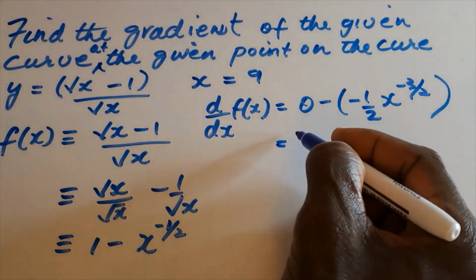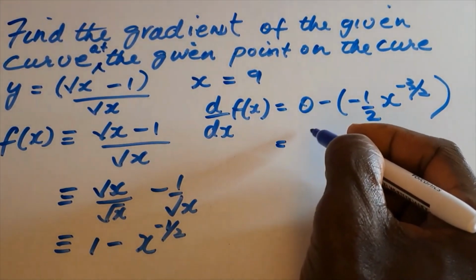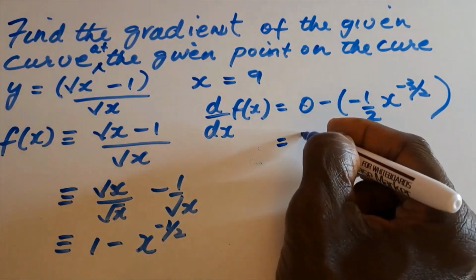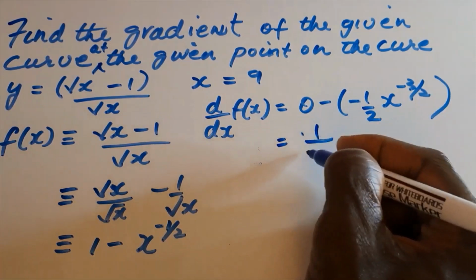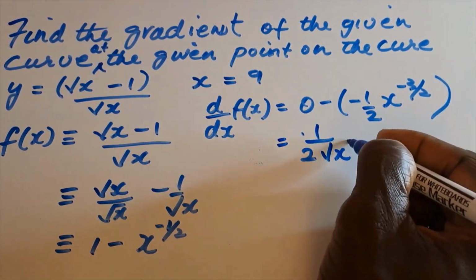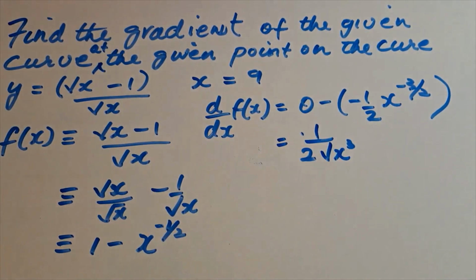And this gives us one over 2 root x cubed. So that's our derivative. Now we need to find the gradient at the given point, and that's where x is